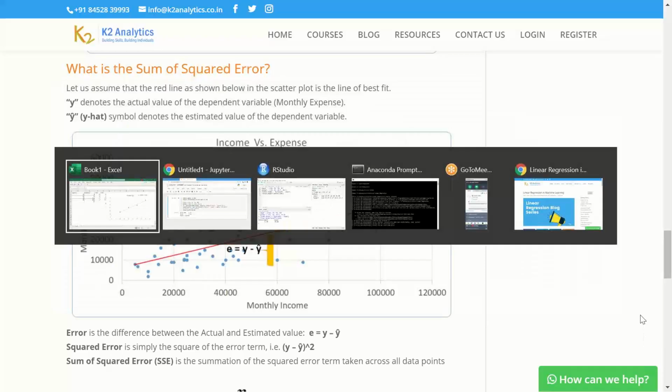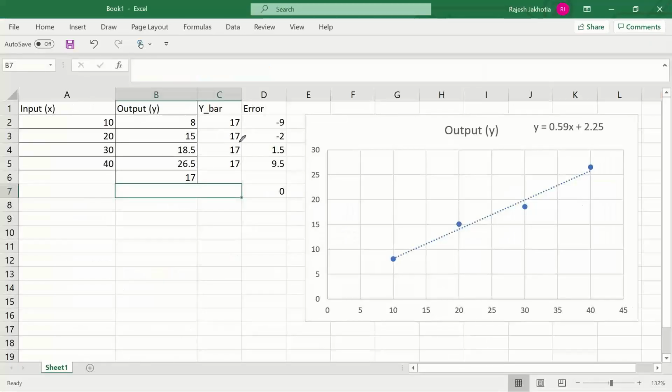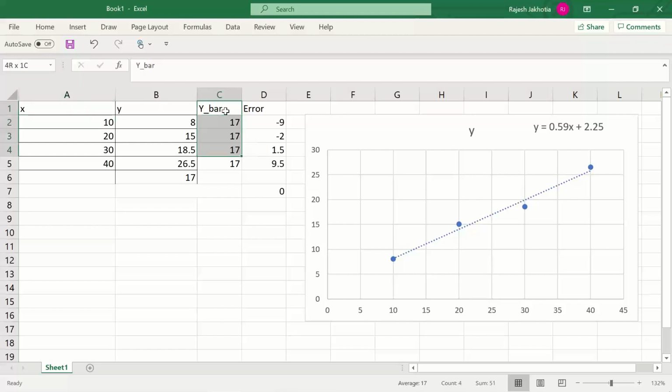If you are not able to understand why each dot is called y, it is because when I create a data table, I write each value like this. And once I get an equation and predict the values based on the equation, I typically give a column name to that set of values, and we call it y hat or y cap.